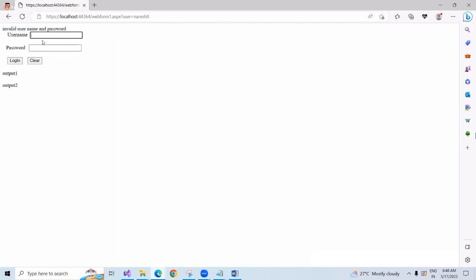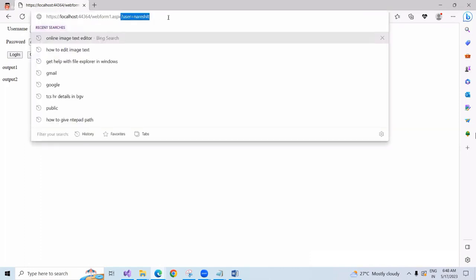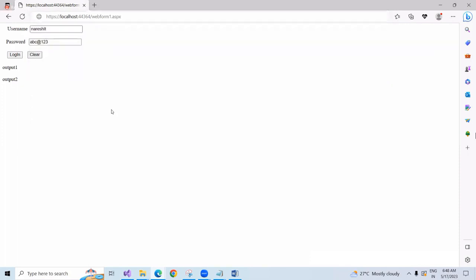Now I will enter something here, and I will enter something else here. Click on clear. What will happen? So this text box is cleared. Okay. So if I enter valid NareshIT and password is ABC@123, now click on login. So initially the URL is something else and now that will change. So initially the URL is like this, and when you click on login,